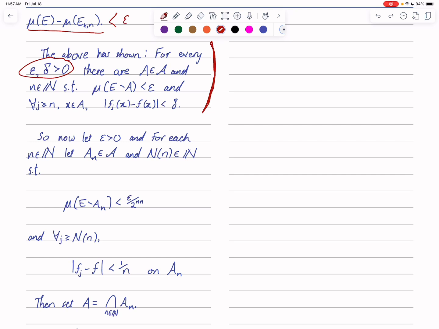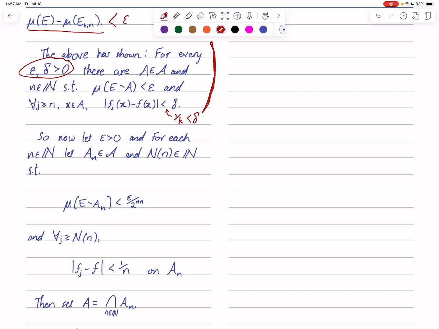I'm also free to do this because I know that no matter how small delta is taken, I can always choose a 1 over k which is smaller, and put it in between, so that 1 over k is smaller than delta. Because I can do that, I can always guarantee that the separation is smaller than 1 over k and therefore smaller than delta, if 1 over k is chosen smaller than delta. Okay, so that's why I'm doing some of the moves here.